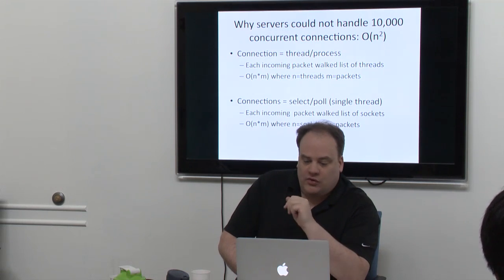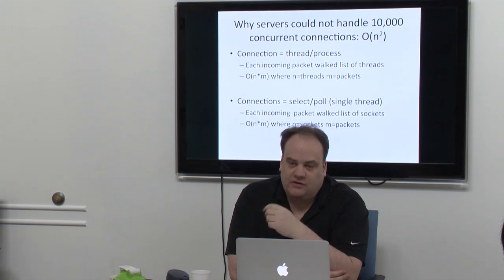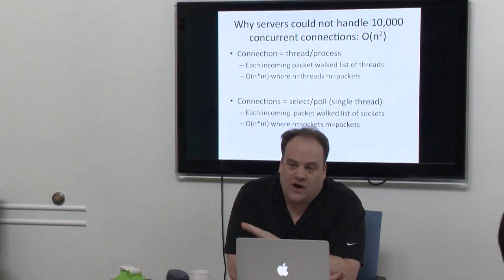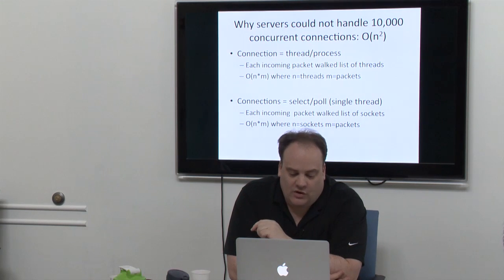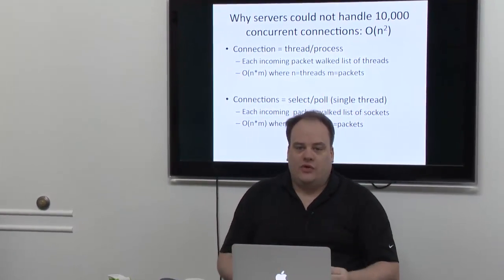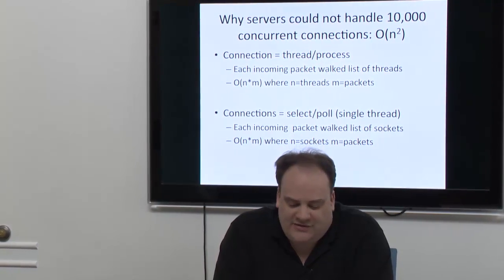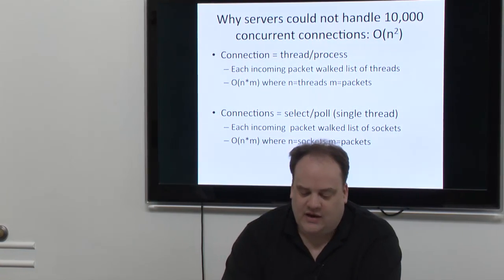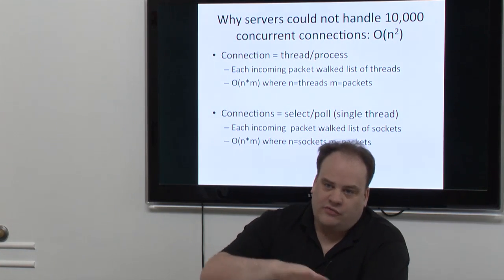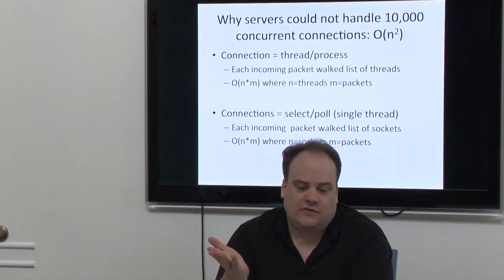So let's go back to the order of n squared issue. In the past, with connections, the way that Apache works is that it assigned a thread for every TCP connection. So you have an incoming connection, you accept it, then you handle it, you spawn a new thread or pull from a thread pool and handle it. It's not exactly order of n squared. The real thing is it's number of packets times number of threads. And as network goes up, both increase. The number of connections increase, the number of packets per second increase.